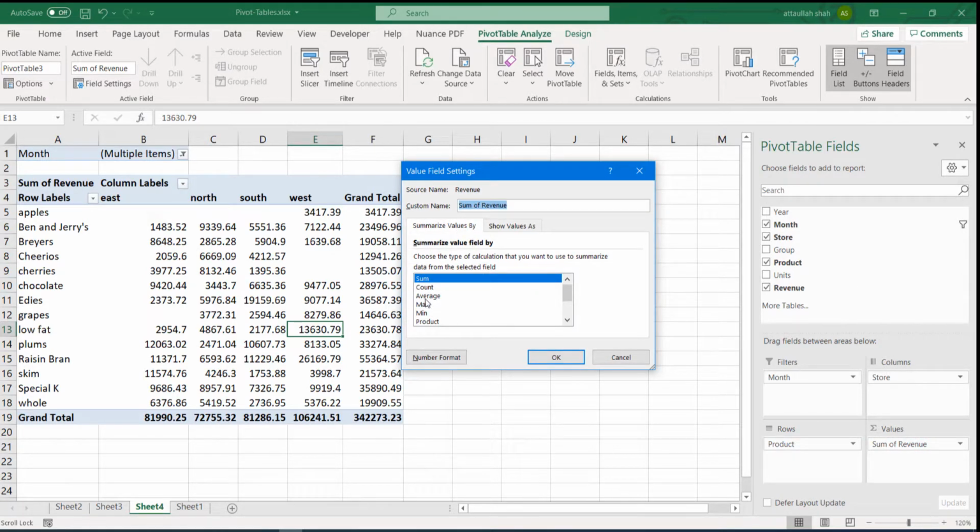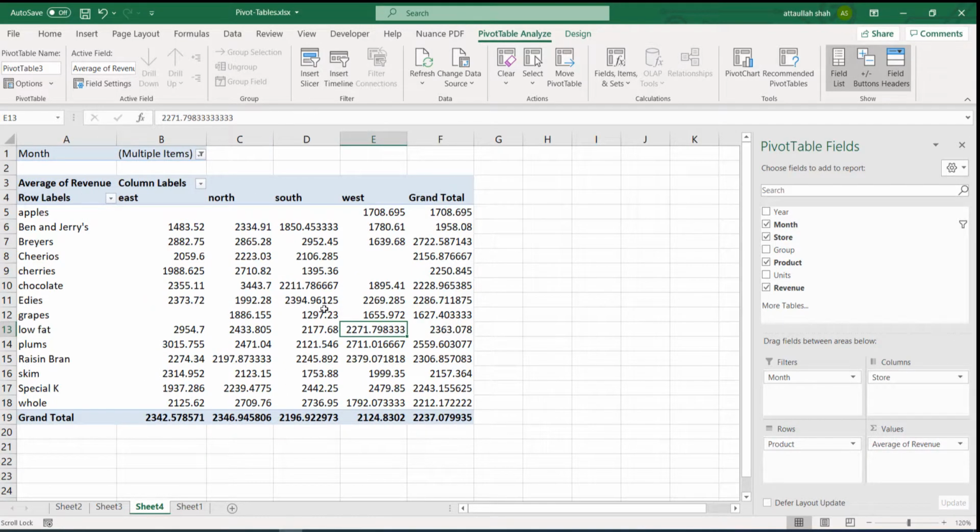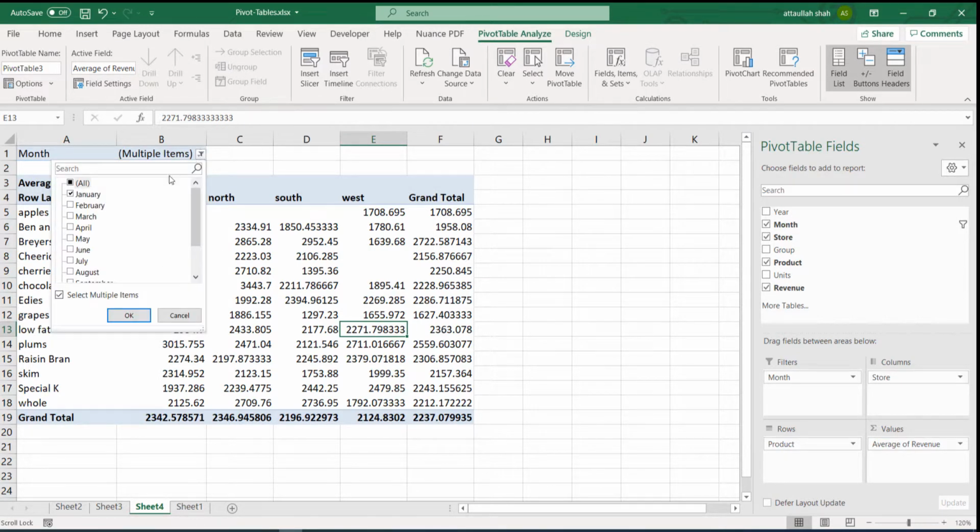So now this is the average revenue in the selected items. Right now we have selected 2 items, so these are the average revenue of December and January. Let's say we want to find the average revenue for all months, so we'll select all of them, and now these are the averages.